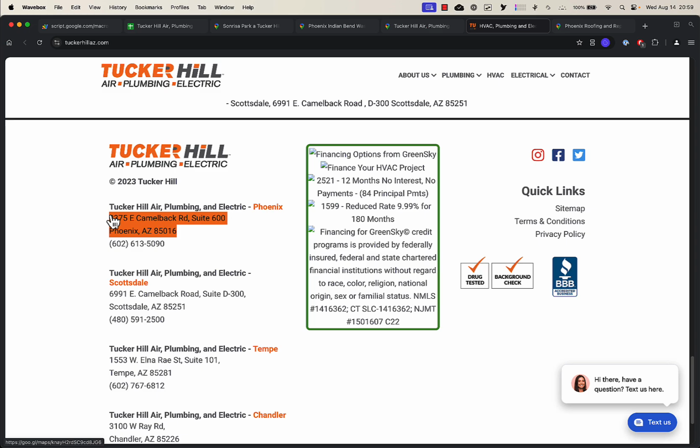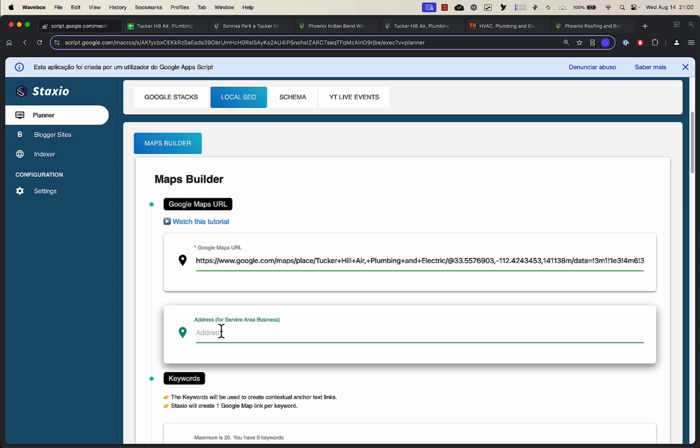If you are working with a business, try to get the address either from the website, or if you are in contact with the business, call them and try to somehow get the address of the business, if that is something you're allowed to do, and use that address. This is my preferred way of working with service area businesses: to create directions and create the local SEO data and projects to the exact address